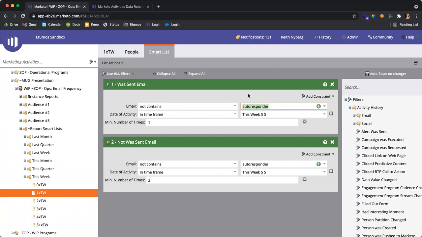And so the point is that these really shouldn't be a valid number to include in your standard targeting, because when I think of how we're communicating to an audience, I would think of emails that are planned, coordinated campaigns that we want to send out, right? So again, if you wanted to say, how many people have I been emailing this week or this month or whatever, you can go about it in this approach and say, who did I send an email to? I want to exclude autoresponders. And then you can use this lovely little minimum number of times constraint to say I've sent them at least one email, right? You could remove this logic and that would show you people who have received more than one, obviously.